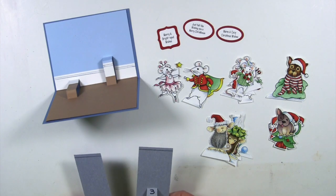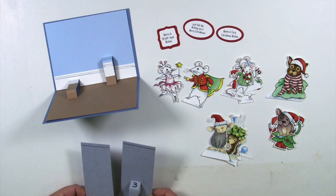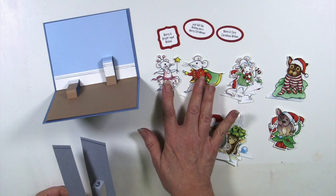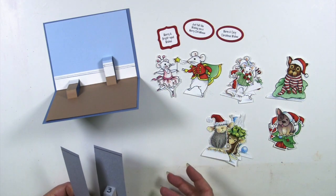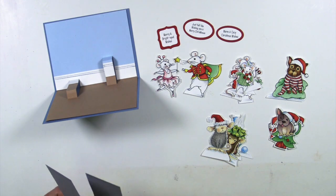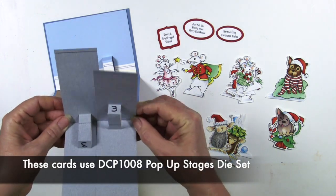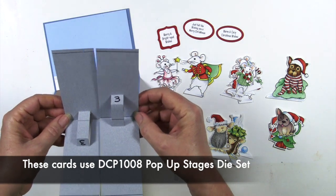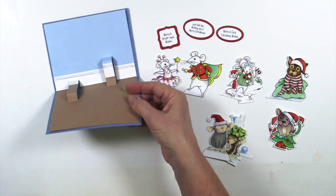I've made lots of little pop-up cards with all of our little characters out in the snow scenes. But then I had the little Nutcracker felt mice here, and they needed to be doing something inside. So I came up with a clever plan for you. I've done a pop-up card again using the same number three, one up and one forward, and that gives me